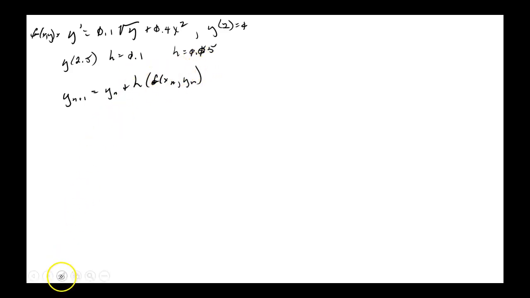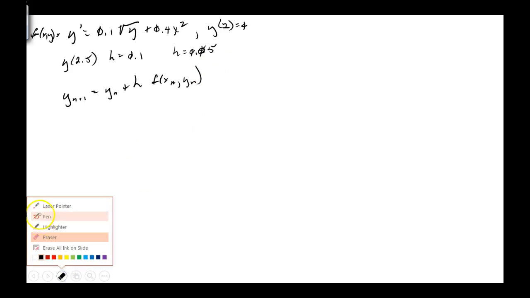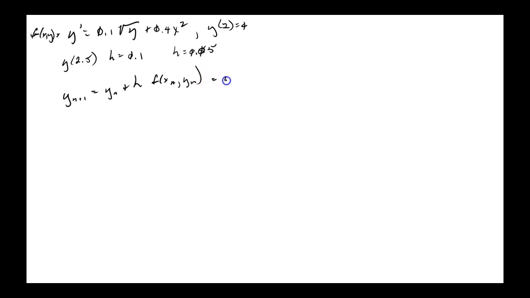I keep putting a parentheses there that they don't do, and that just makes it okay. Now, for this problem, that will be y sub n plus h times our f,